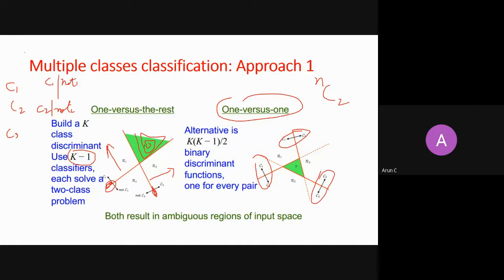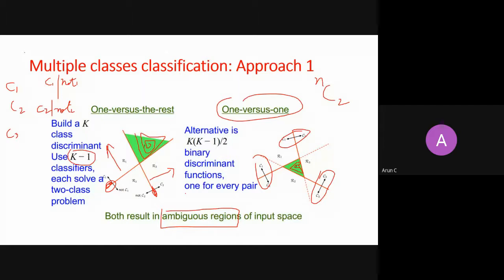And again, if you see either one side or the other, you will classify whether it belongs to some CK class or CJ class. But there will be some overlapping region which again falls into ambiguity, right? And hence the points which come here, you will not concretely tell whether it belongs to C1, C2 or C3. So these kinds of approaches will give you a problem with ambiguity. This ambiguous region will create a problem for you. So though you could have approached with this approach, it results in an ambiguous region, which is not desired. Fine.